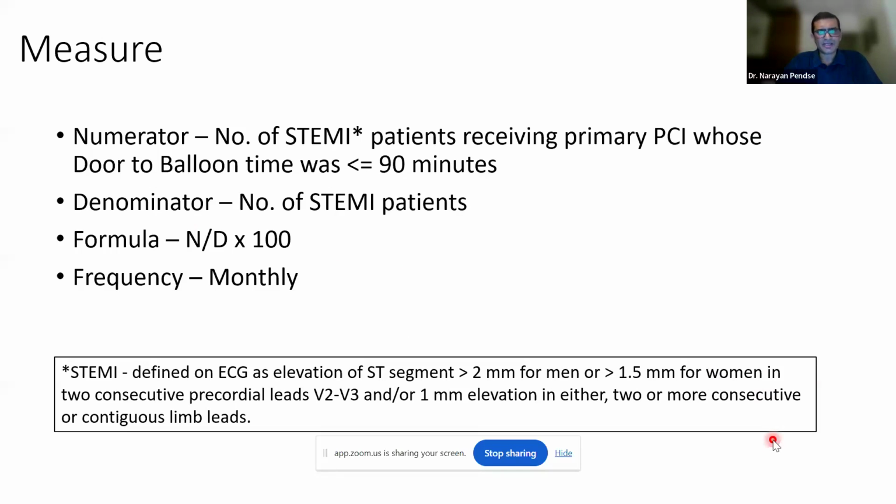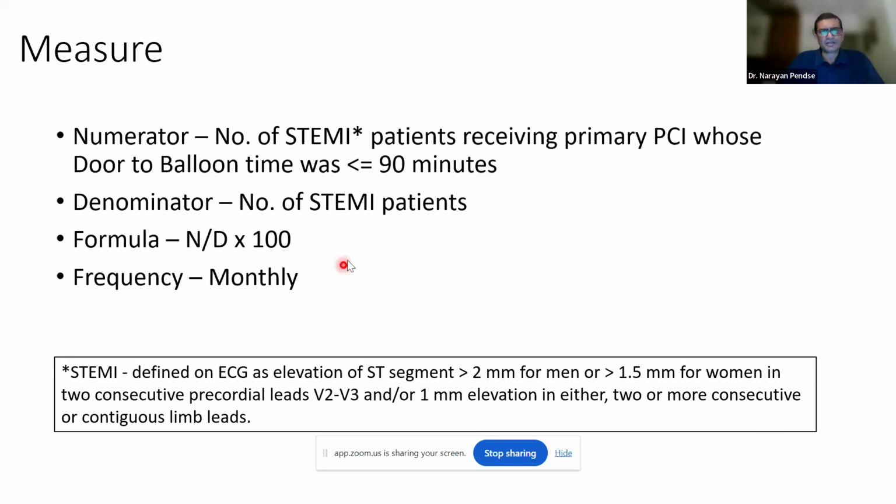The numerator is the number of STEMI patients who receive primary PCI where the door to balloon time was less than or equal to 90 minutes. Obviously, what would be the denominator? Number of STEMI patients, because these are the patients who require PCI within 90 minutes, with the balloon to be inflated within that time. The formula would be simple: numerator divided by denominator into 100, because it's a percentage, and